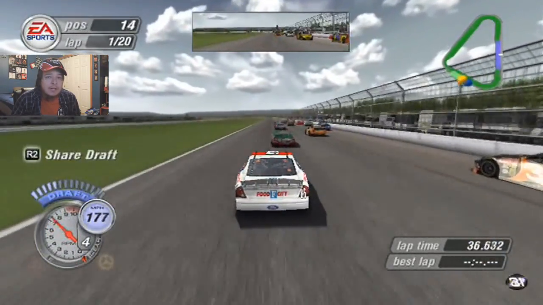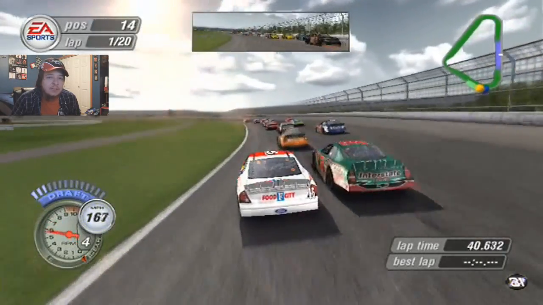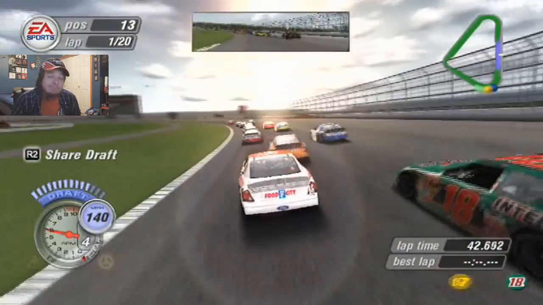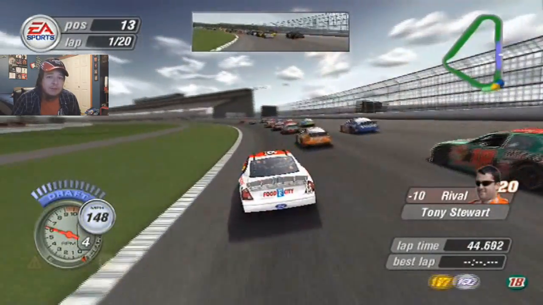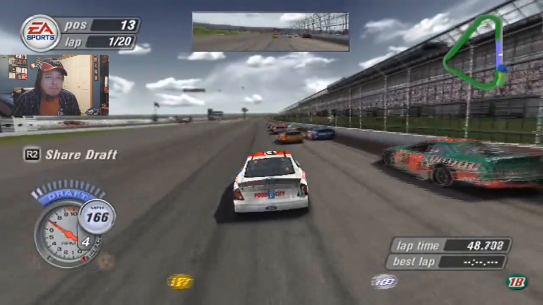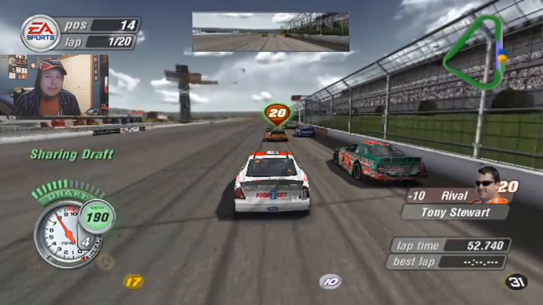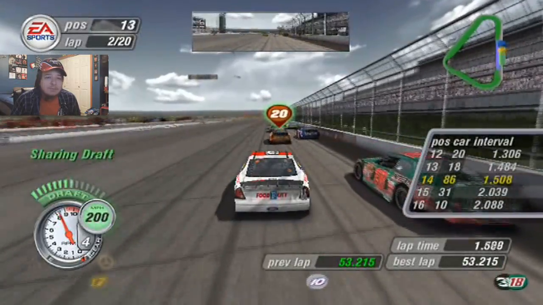I just need to really make my moves and get up to the front as carefully and cleanly as possible. Yeah, that didn't last for very long. And okay, no substantial damage in the front. Just get the draft from Stewart here on the very long front stretch here, and try to peak maybe on